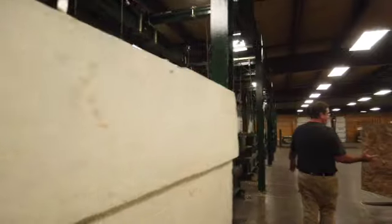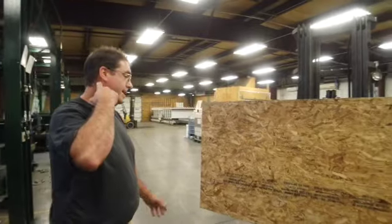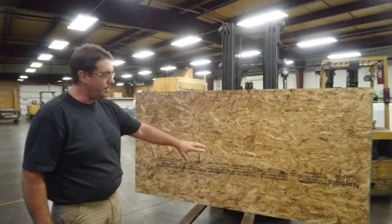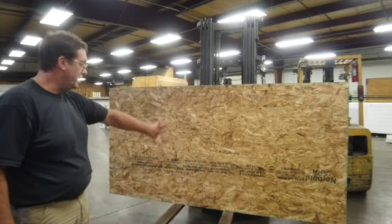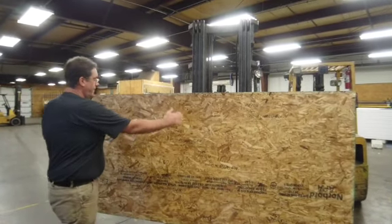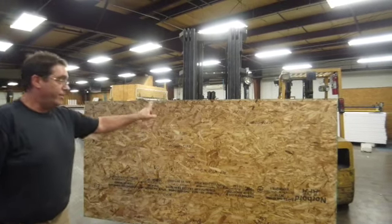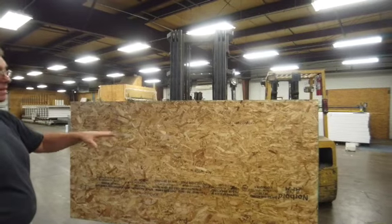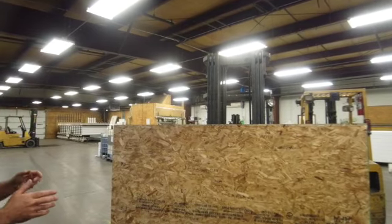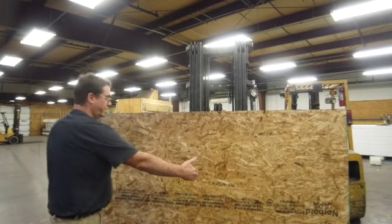It actually is perfect timing because we just did our quarterly QC today. Had to do a video conference. And although it's all upside down, you can see once a quarter we have to build a panel and then cut it into little beams. So 4 foot by 6 inches wide, and then the 6.5 inch panel. We ship those 5 pieces off to our testing lab out in Indiana, and they will put it under pressure and break it. They take the end of the beam, support the end of the beam, and then they put